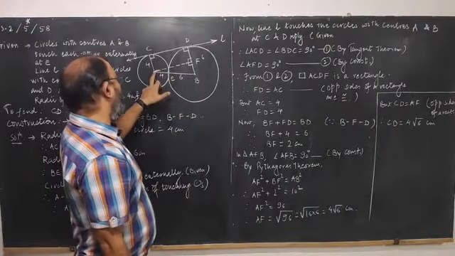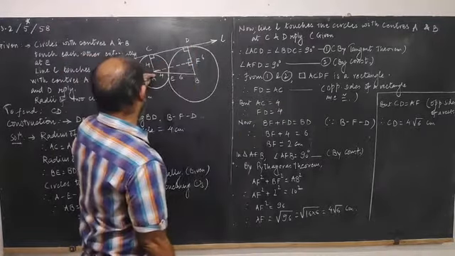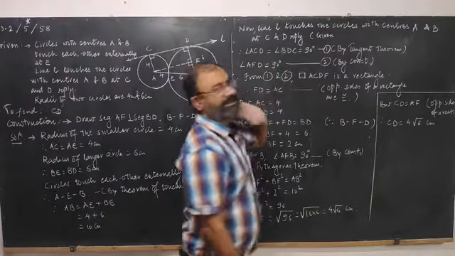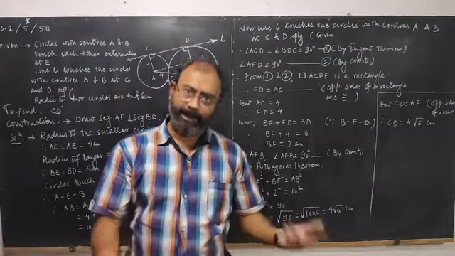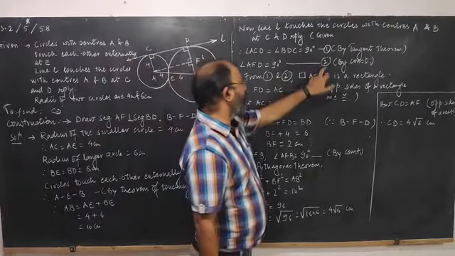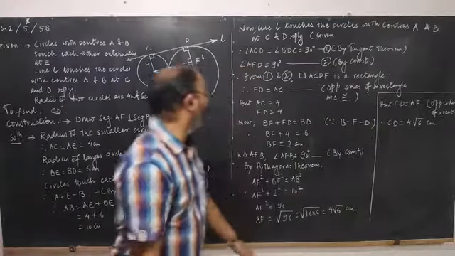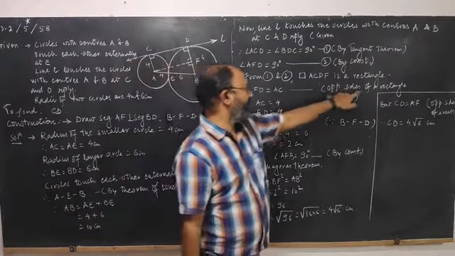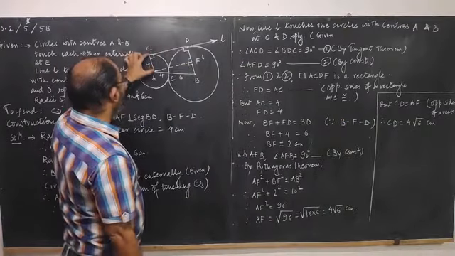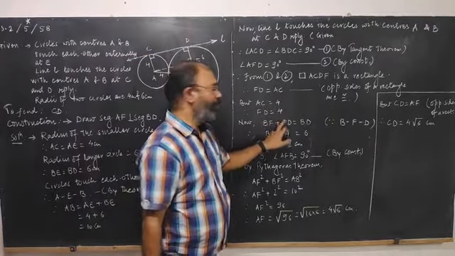So in this quadrilateral AFDC, or it can go this way also, ACDF, in quadrilateral ACDF, 3 angles are right angles. So the fourth will also be a right angle. Therefore the quadrilateral is a rectangle. So we have written from 1 and 2, quadrilateral is a rectangle. And in a rectangle, opposite sides are congruent. Therefore FD is equal to AC. Opposite sides of a rectangle are congruent. So FD will be equal to AC, but AC is 4, therefore FD is equal to 4 centimeters.